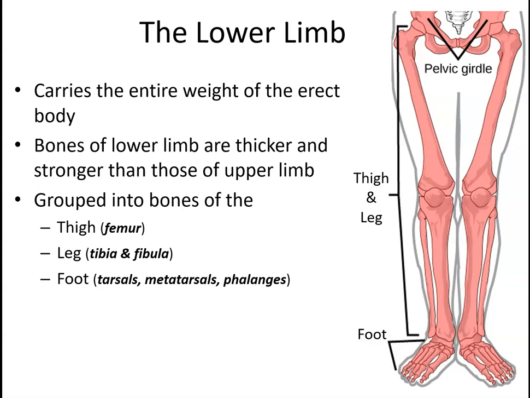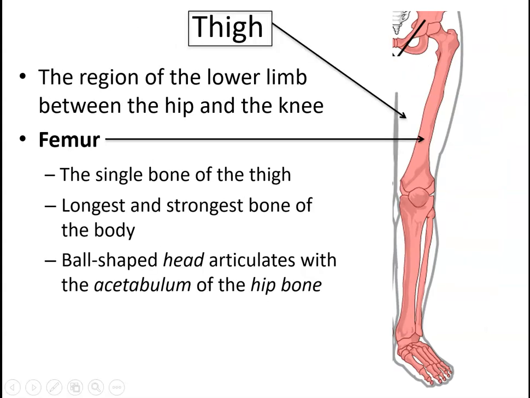Let's learn the bones of the lower limb. So that's going to be the femur, the tibia, fibula, and then the tarsals, metatarsals, and phalanges. That's it. Oh, I forgot the patella. That's in there too. So we will go from proximal to distal as we did for the upper limb, starting